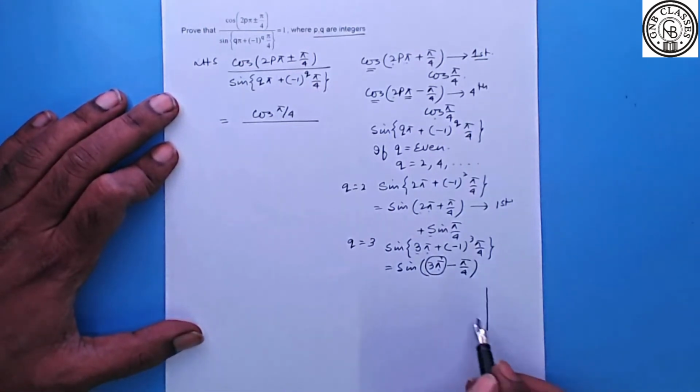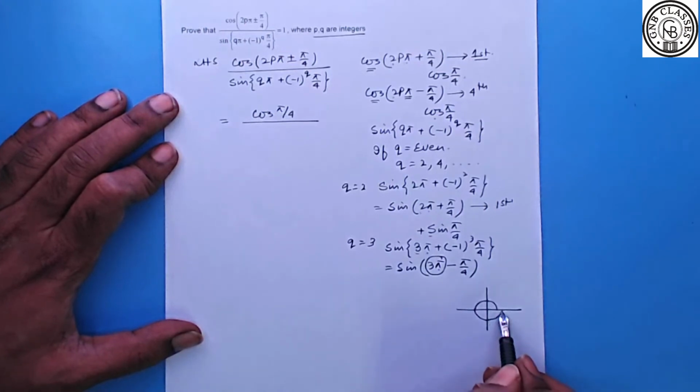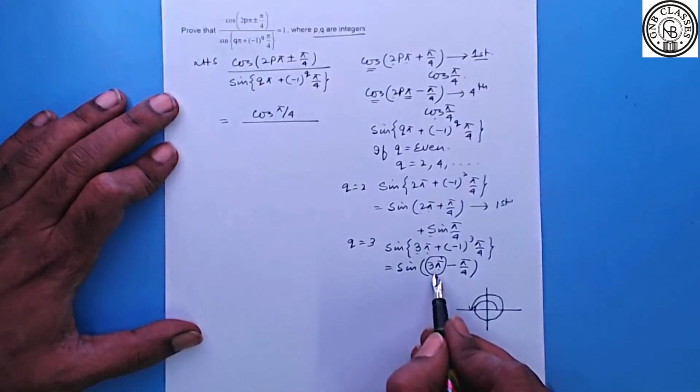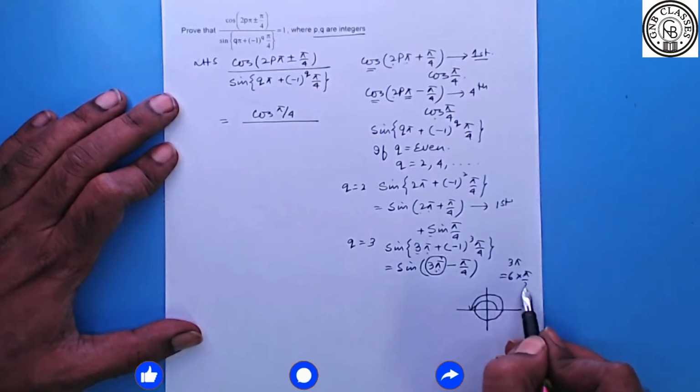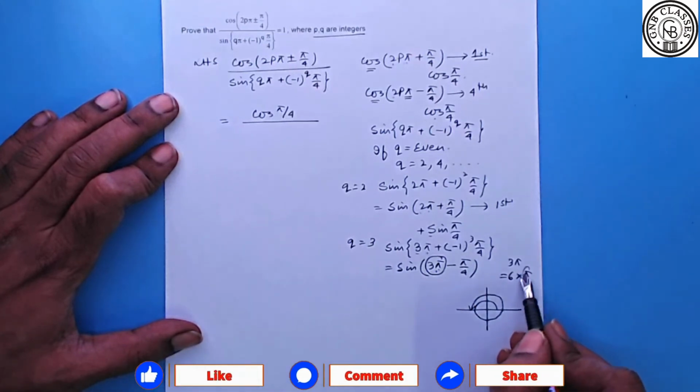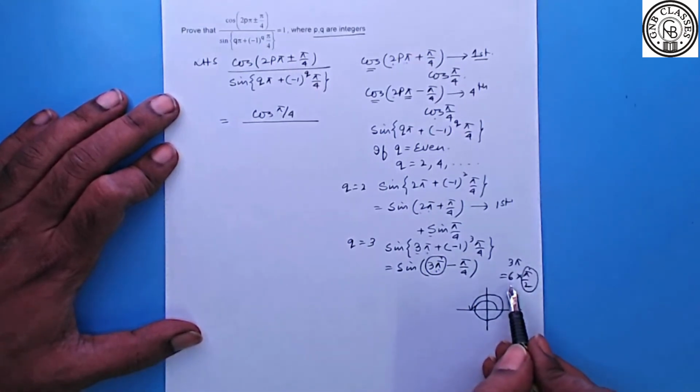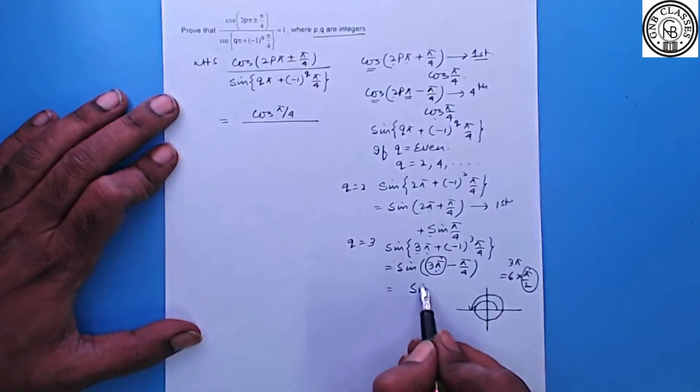Okay. Now 3 pi is where? This is 1 pi, this is 2 pi, and this is 3 pi again. So it is coming here. Multiple of pi, or you can say multiple of pi by 2. In this case, 3 pi means what? It is basically 6 into pi by 2. Since the multiple of pi by 2 is even, sine will remain sine.